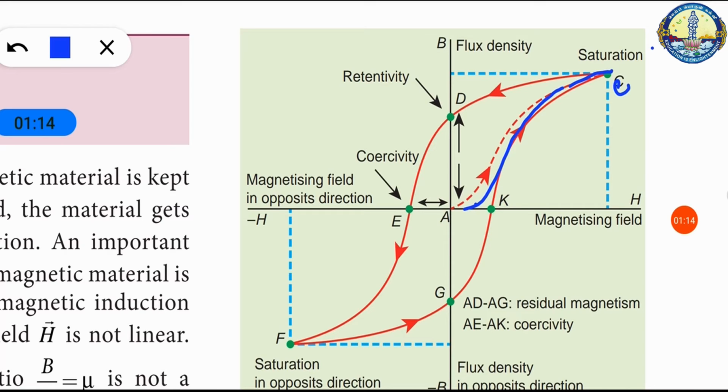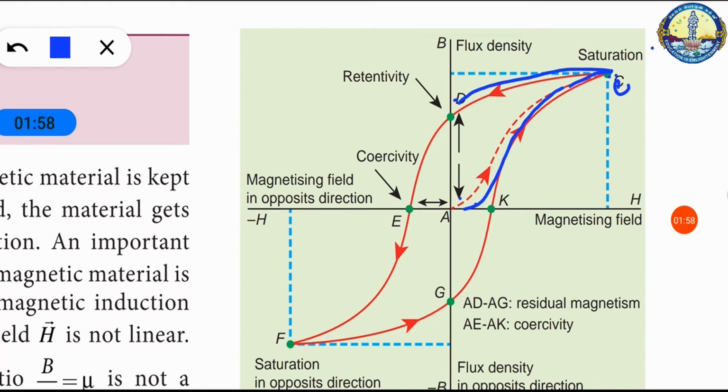The saturation of magnetization is defined as the maximum point up to which the material can be magnetized by applying the magnetizing field. If the magnetizing field is now reduced, the magnetic induction also decreases, but it does not trace the original path from C to A. It takes a different path from C to D. So when the magnetizing field is 0, that is H is 0, we still have some B value. That means magnetism is still left in the specimen even when H is equal to 0. This residual magnetism AD present in the specimen is called remanence or retentivity.